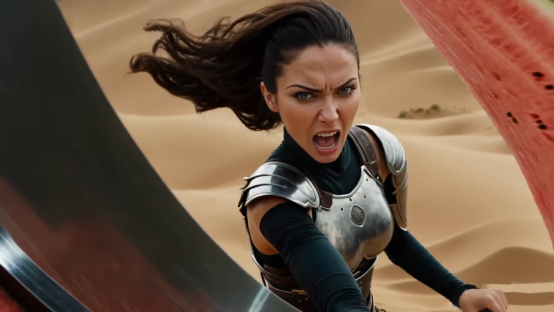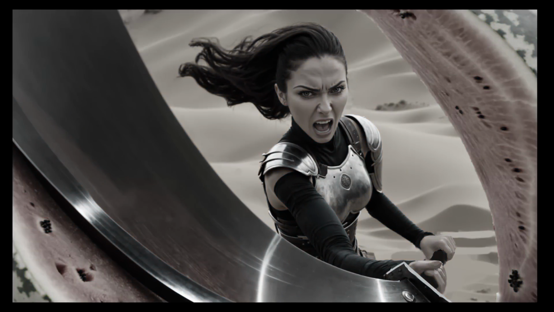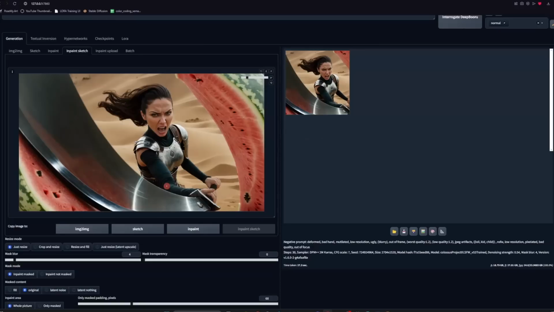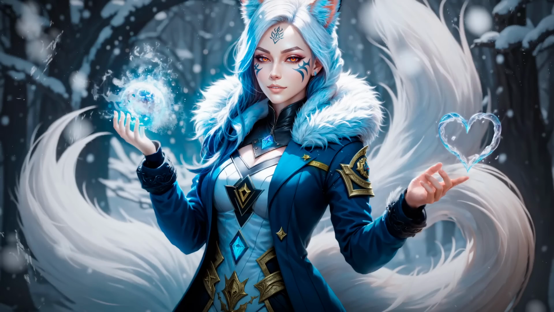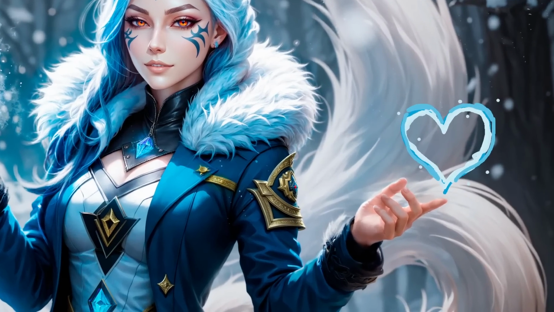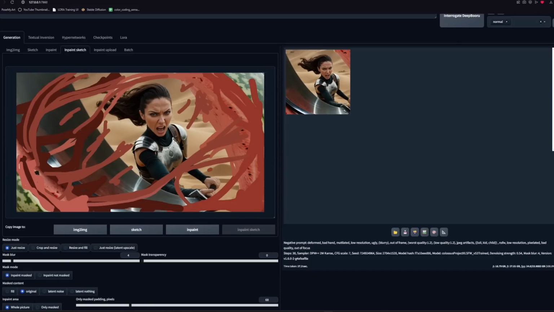It ain't realistic to have her split a watermelon with no juice coming out of it. Sure, because the watermelon is already cut before the blade hit. So we will add the juice right now. Let's go to InPaint Sketch again, where I will show you the trick I was talking about before. One that lets you add pretty much anything you want into the image as long as you can draw a very basic shape for it. First I'm going to take some colors from the watermelon and start drawing the liquid as I want it to be. Just the shape with the color we want.